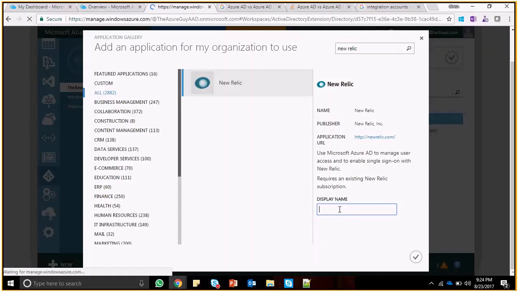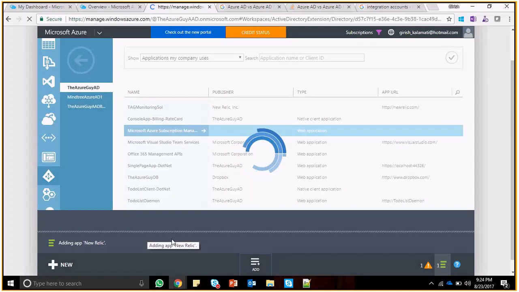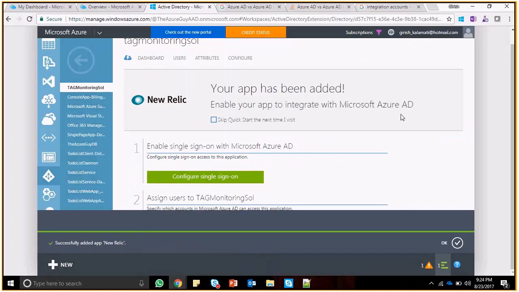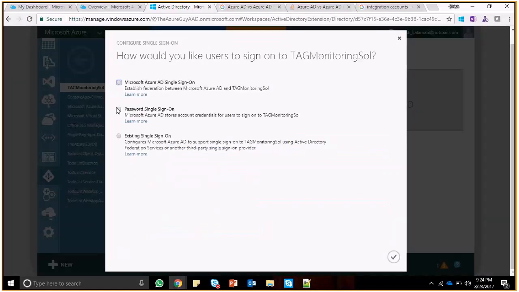Let me check whether I can tag monitoring solution. Yes, I can go and add this particular, or subscribe to this particular SaaS New Relic subscription. Okay, so once I do that, I have the New Relic onto my plate. Okay, and now I can integrate this particular New Relic application with my AD. Okay, you can enable single sign-on with AD. Okay, so once you configure single sign-on, okay, let me take up